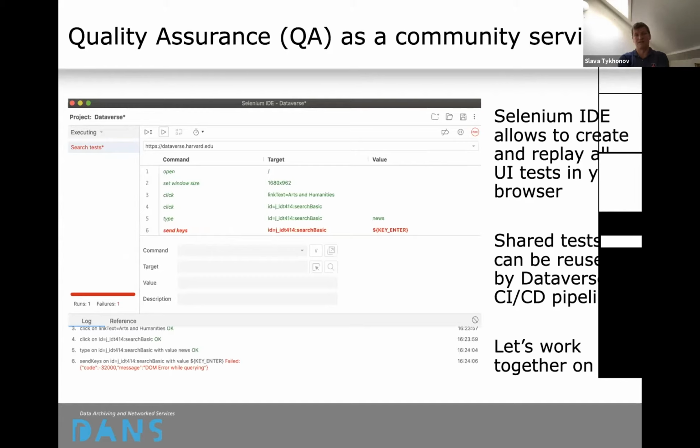The idea is that all these shared tests, because we are going to share tests with all community members, can be reused with the same data samples to test any repository running in a network of Dataverses, in our case. This idea was already supported by the community, and we created the first 12 tests and already published them in